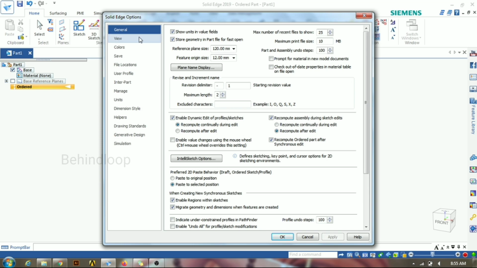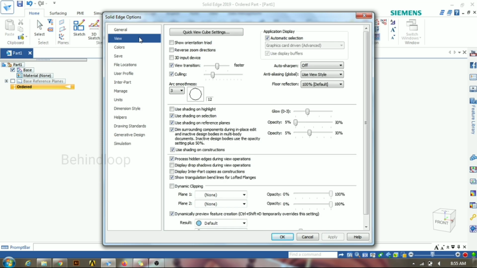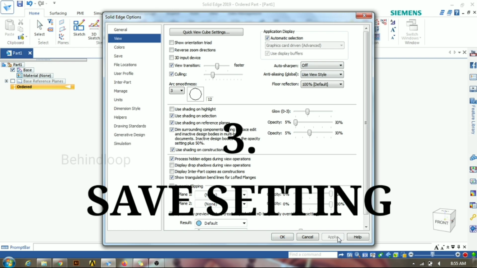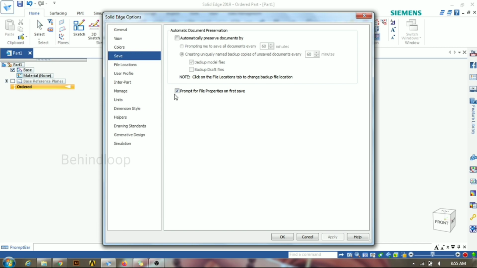Here you need to do some view settings. Please check that the application displays option has a tick so that you can use your graphic card properly. It should be automatic selection. Press apply. The third is save settings, where you need to check the prompt for file properties and automatically preserve